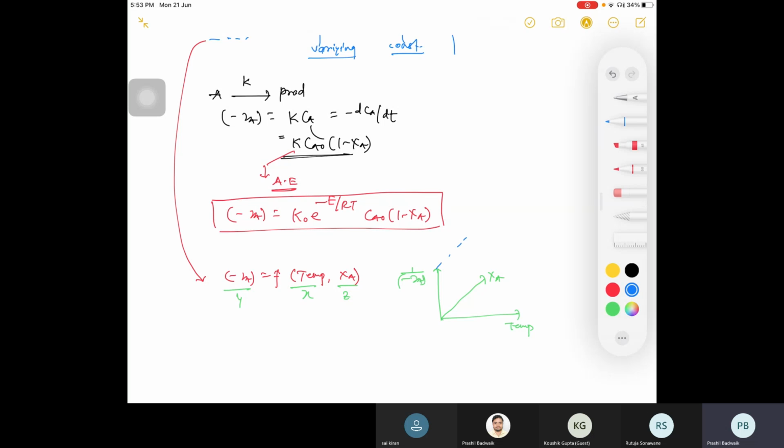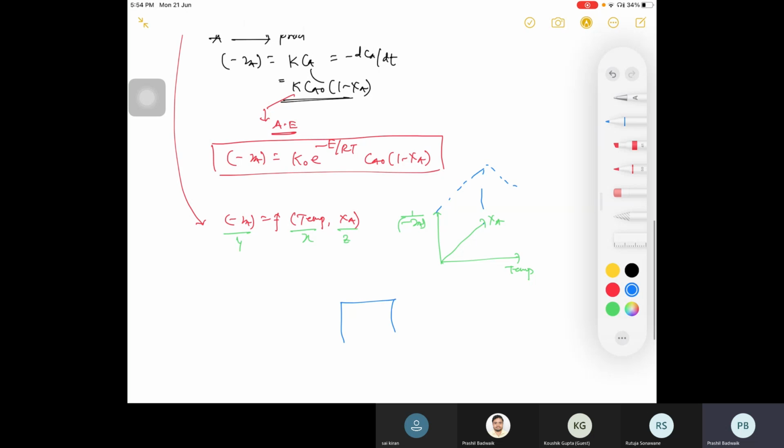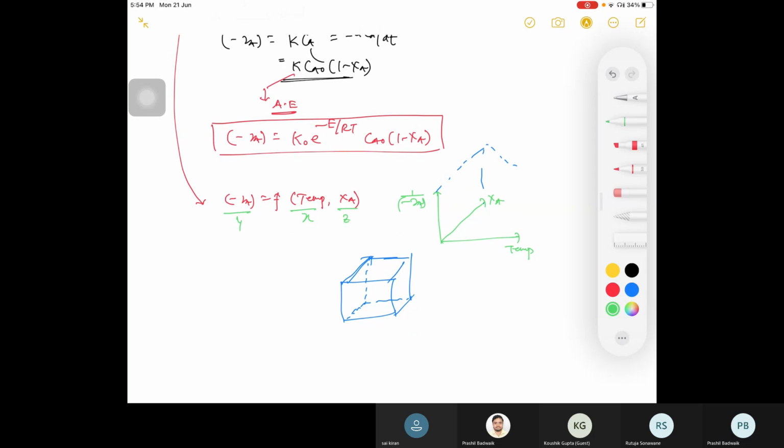So this kind of 3D curve we will have, where you can see the variation with respect to your variables. So I'll draw it first. Right, this kind of curve. If I am drawing, these are the axes. Here you will see the curve of how your 1 by minus Ra is varying